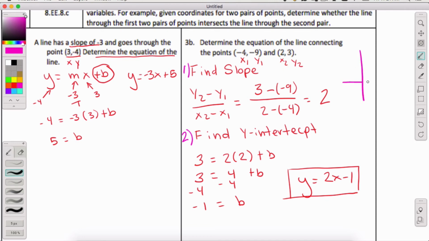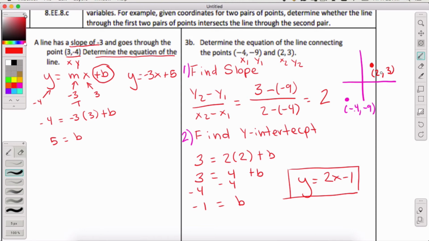So if we had this on a graph, we had -4, -9. So this might be down here. This would be -4, -9. And then 2, 3, to make that a different color, 2, 3 might be up here. We have 2, 3. What you're doing here is finding how our x values change and our y values change in order to see how far apart, in other words, these